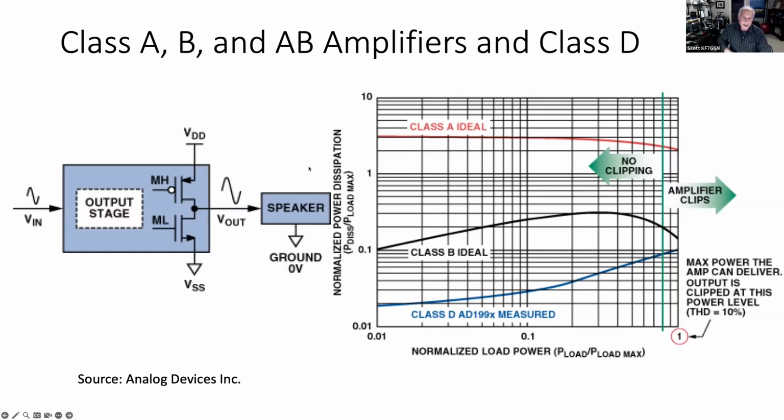Right now, Class D amplifiers are really popular in audio amplifier applications. So this picture here shows a speaker, but you can also just sort of imagine this being used for RF applications, and instead of a speaker, you have an antenna there. But what you're doing is you are creating just basically pulses that are being modulated and then filtered to generate a sine wave. So the main point is that the transistors,